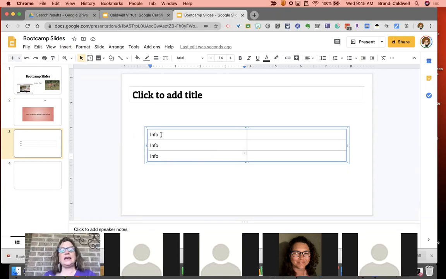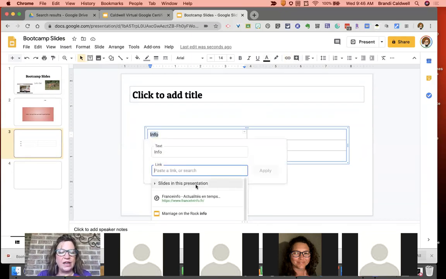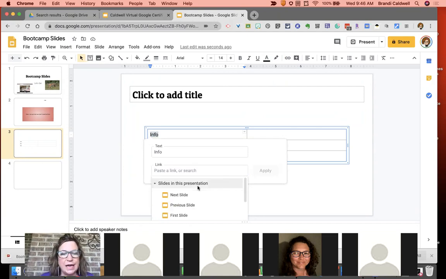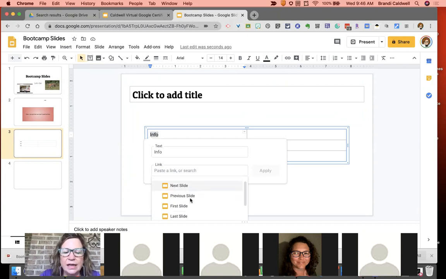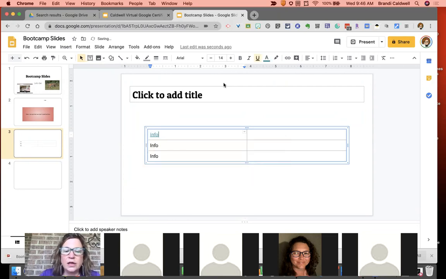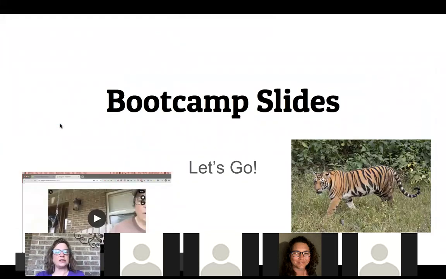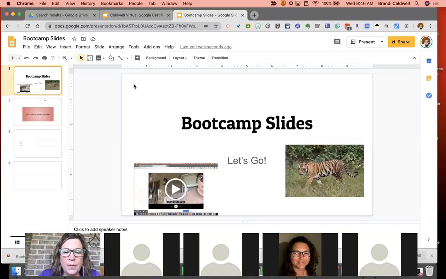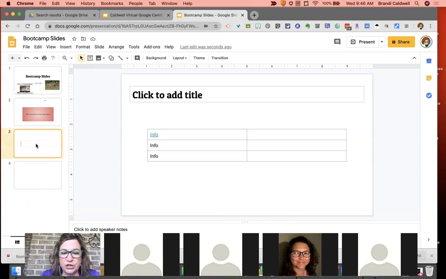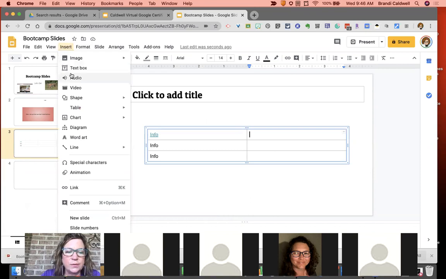Now, the unique thing about hyperlinking in a slideshow is that you click that hyperlink and you have the option to link to slides in this presentation. That is how I was able to do a table of contents. I went and said, okay, I want this to go to slide 1 and apply. So now when I'm presenting and I click on that, it takes me back to the slide that I've told it. A lot of people will not just use a table with a word, they will also use a table and insert a shape